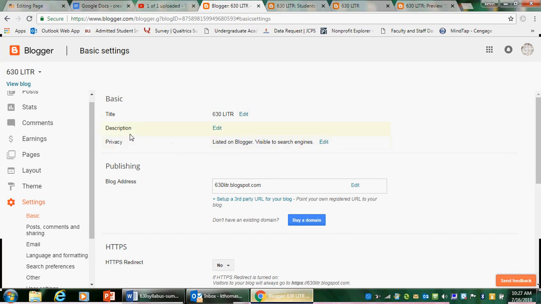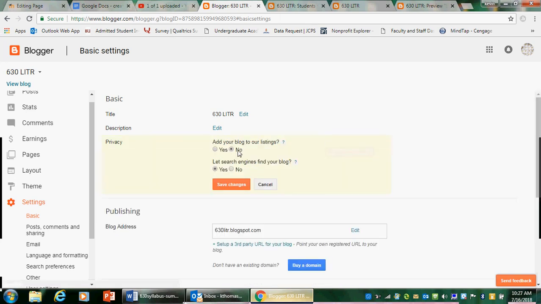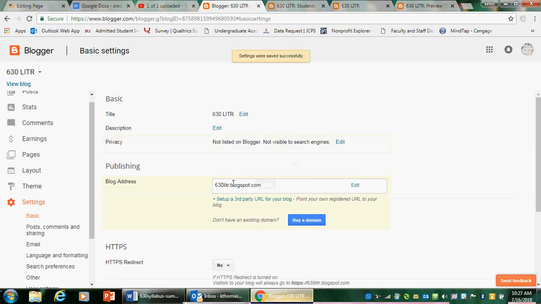Okay, the other thing is the privacy. I'm still on the same page. I'm on settings. Okay, right here under privacy, listed on Blogger, click on edit. No, I don't want it listed on Blogger. No, I don't want search engines finding it. Hit save changes. Pretty simple tool,